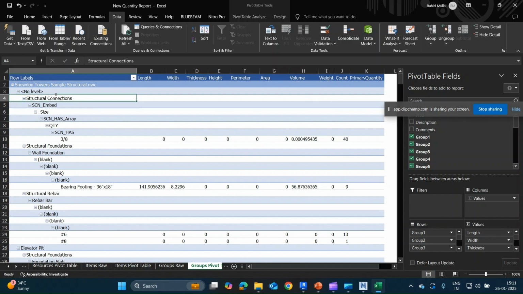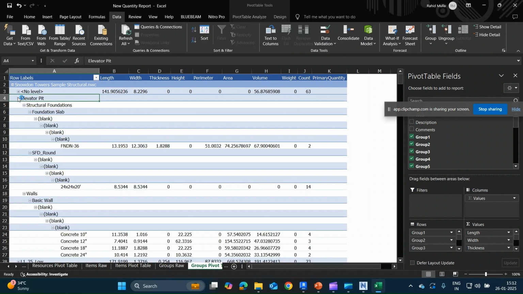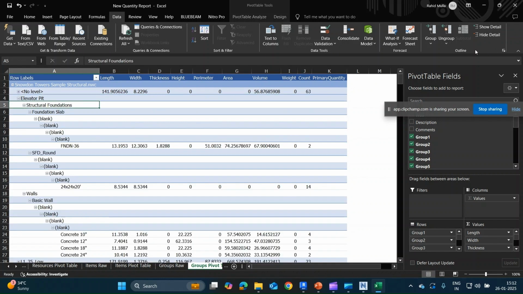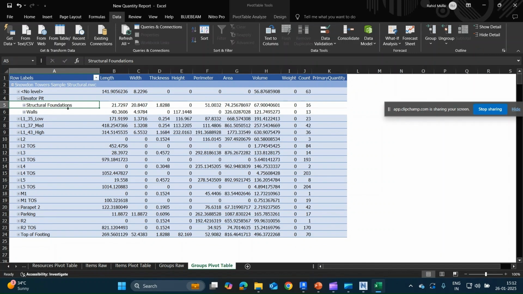Okay, so hide all detail, I will be doing it. Yes, so this is how we have every information. And if I click on elevator pit, I can see here that just a minute, structural formation, hide all details. So yes, this is how we will be reading the information, and I can see here that structural foundation